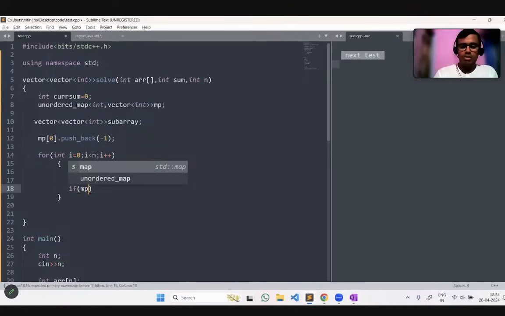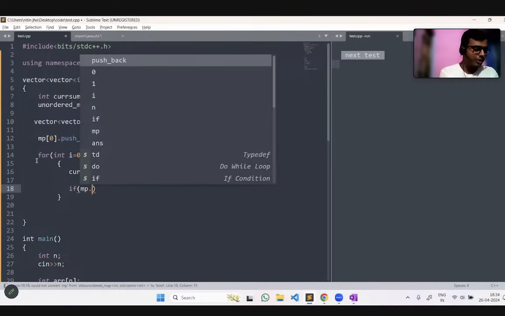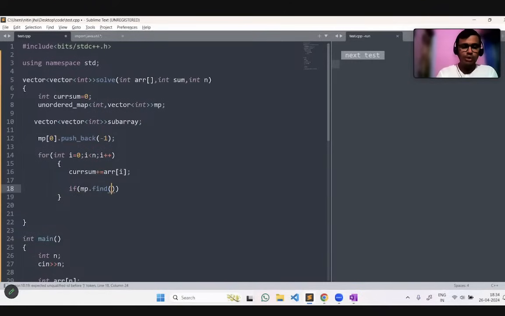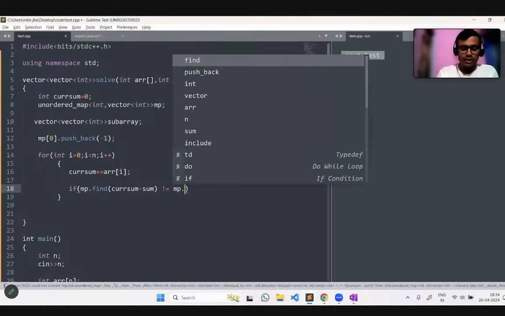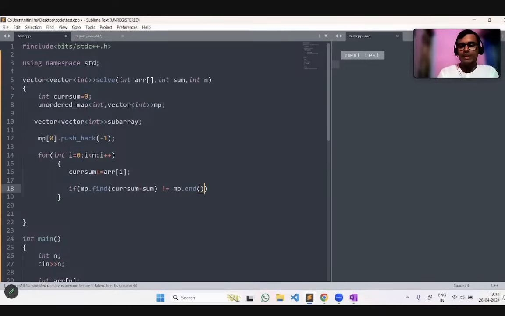So mp dot find will find whether current sum minus sum is present. If it is not equal to mp dot end, that means I found it somewhere. This is the map function we are going to use here.